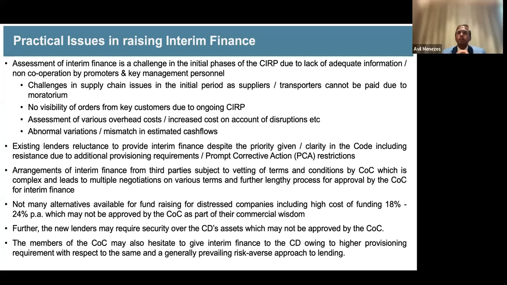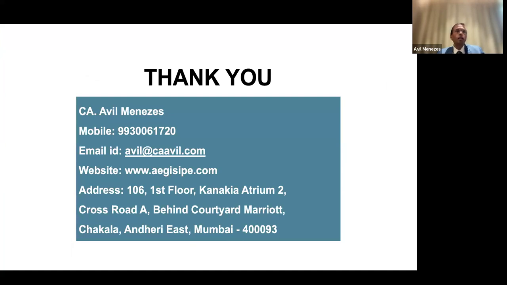So as a general principle, the cost is quite high. Today we've seen it is around 16 to 18%, 22% is what generally people want. Earlier in the market, a lot of interim finance providers were there, but they were looking for security and the lenders were not willing to give security. But I think nowadays when we negotiate, no one asks for security because they know it is super priority. So I think with this, I come to an end to this presentation on interim finance.